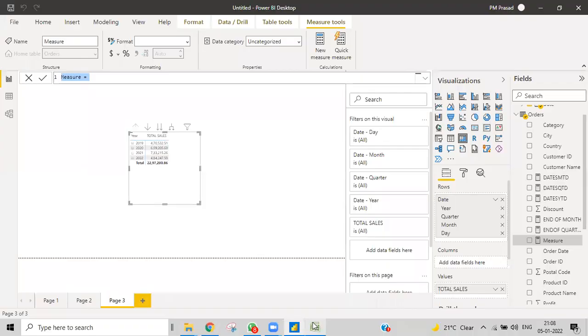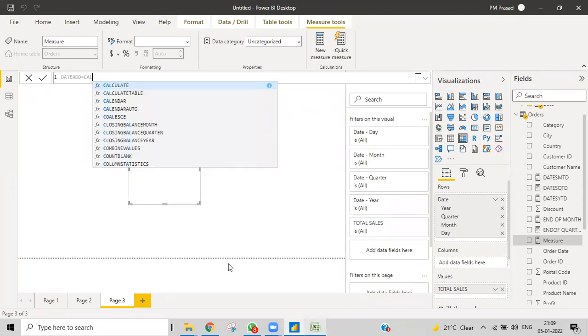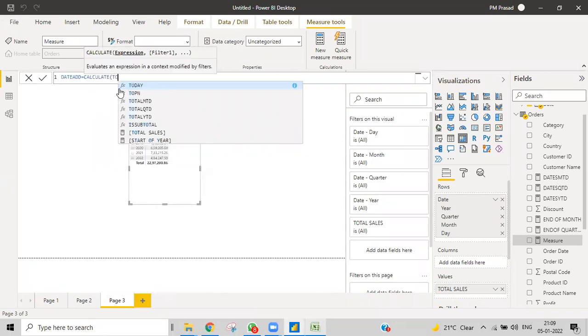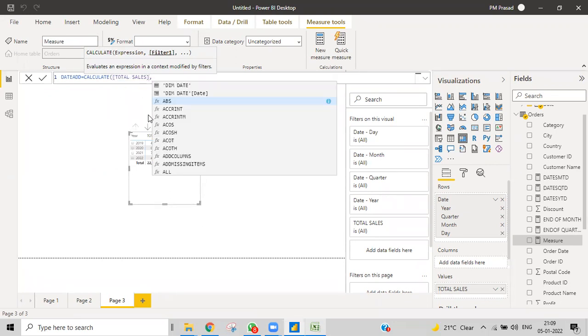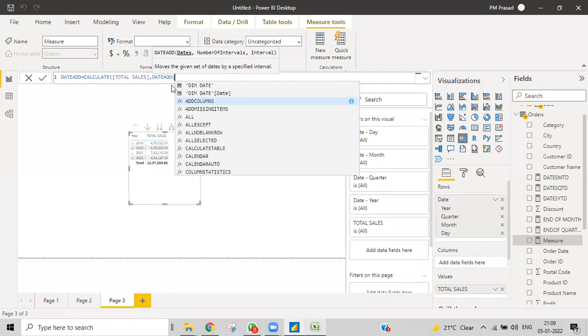DATEADD equals CALCULATE, total sales, and then DATEADD.